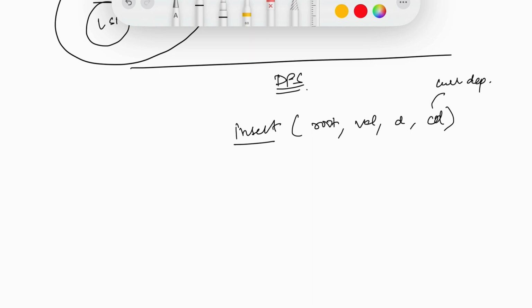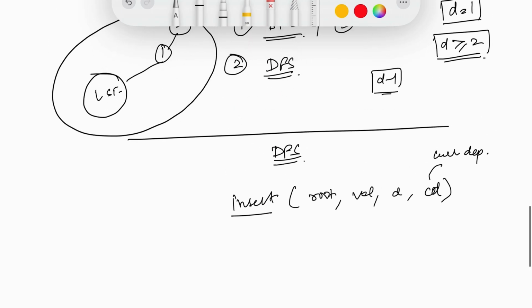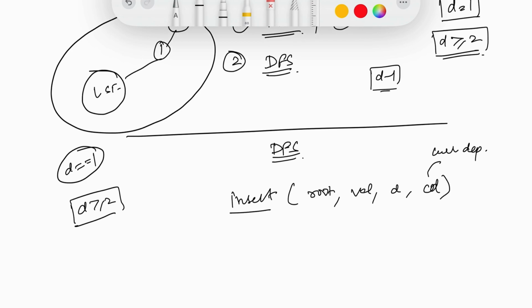We are going to call this function whenever d is greater than or equal to 2. If d is equal to 1, that is we have to introduce the node on the first level, what we are going to do is create a new node with the current value,